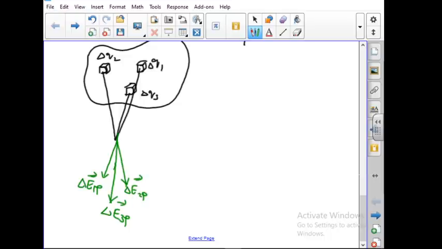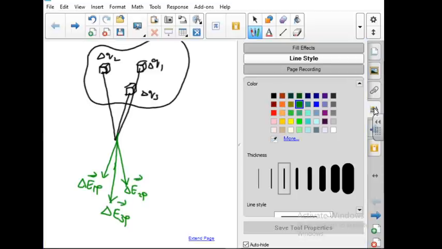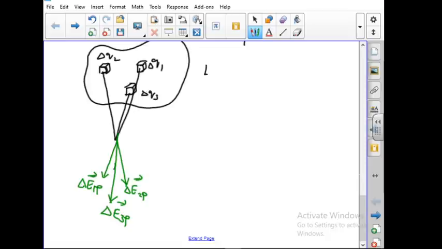So these are all charge elements, so we will represent them by delta. How will you calculate the electric field? Here the electric field that we are calculating is just an approximation, it is not an accurate value. Therefore the electric field is represented as